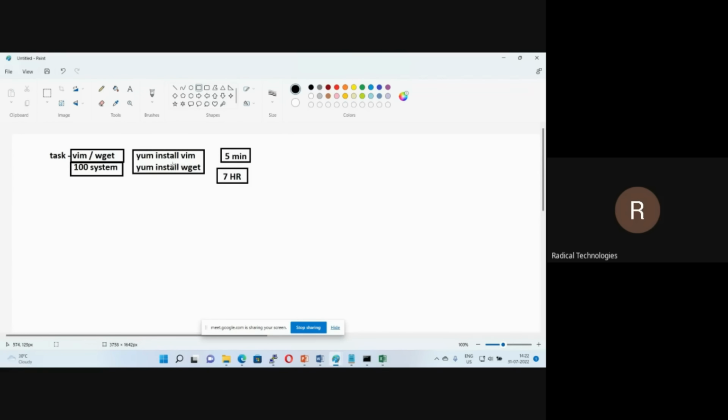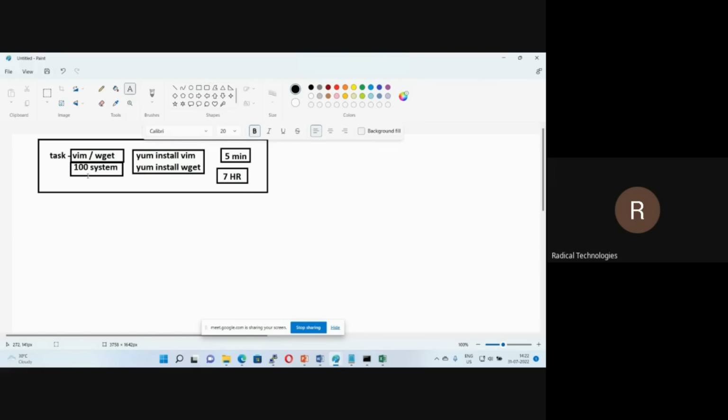You think that no, I want to do this with automation. No. I do not want to invest 7 hours, because if the server count increases, then the time will also increase, guys. Respond please. Yes. Time will also increase. Now it is 14 hours. One person is not enough to perform this task in a single day. Not possible, because with 200 systems, he has to do the same task for 14 hours, right?